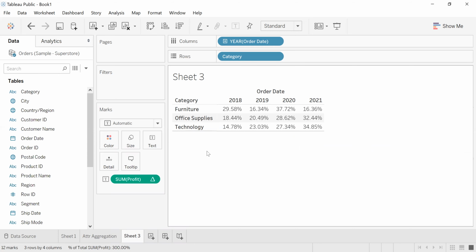So percent of total, we understood the concept, right? I explained an example: suppose I have an organization with male and female employees. The complete graph would be 100%, but there may be a chance 30% are female and the remaining 70% are male in my organization. So that will be my percentage of total.